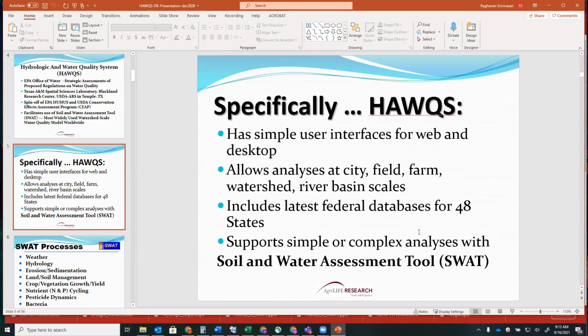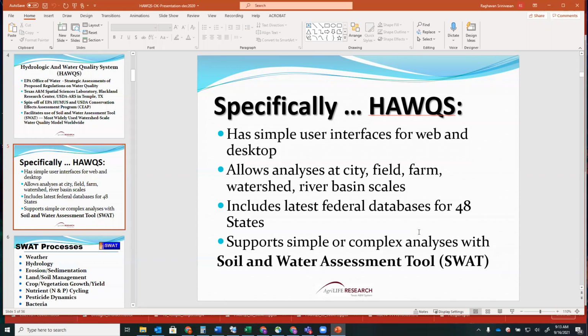HAWQS, in specific terms, is a very simple user interface, web development platform. Having said that, you do have the option to download the model from HAWQS and run it on your desktop also, using a freely available tool on the SWAT website called SWAT Editor. SWAT Editor is a non-GIS version of the SWAT